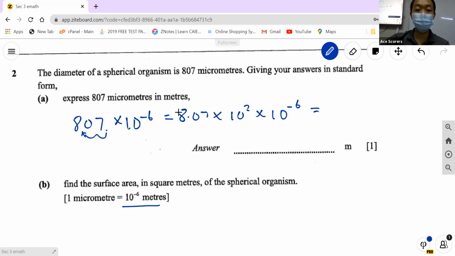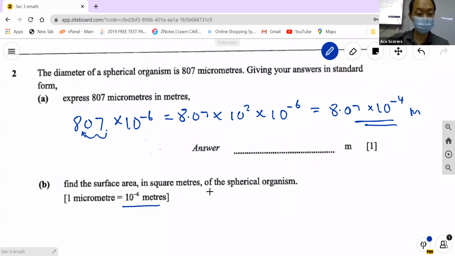In our indices, you have the same base, different power, so 2 plus -6 becomes -4. So our final answer is 8.07 times 10 to the power -4 meters. That's the answer. Okay, next, find the surface area of the spherical organism